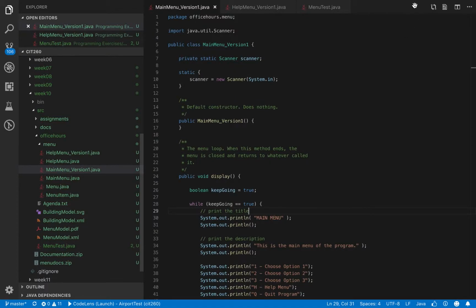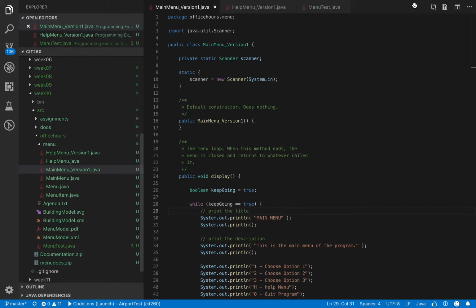So I wanted to illustrate in a slightly different way one of the benefits of having some of our program's internal structures be object-oriented as well. We spent some time in our office hour talking about an object-oriented menu system. We spent a lot of time, and I want to see if I can do this in a fraction of the time and give you a better understanding of why we thought that it might be a good idea to